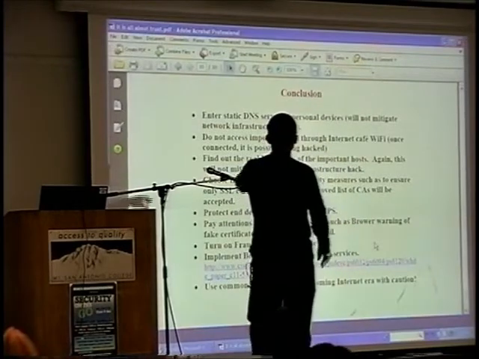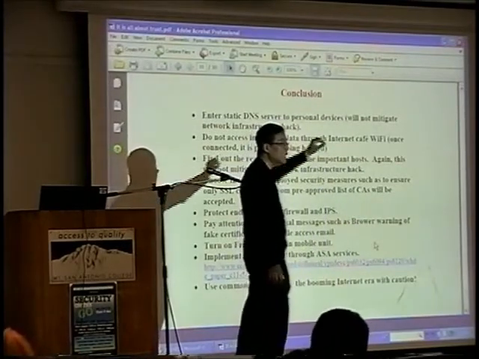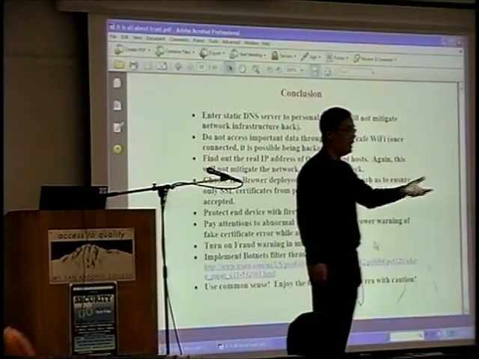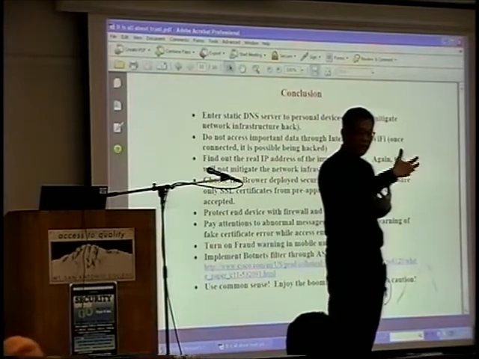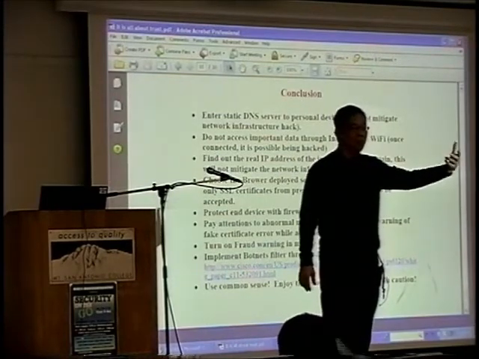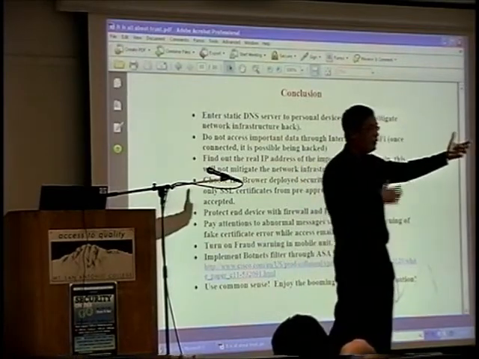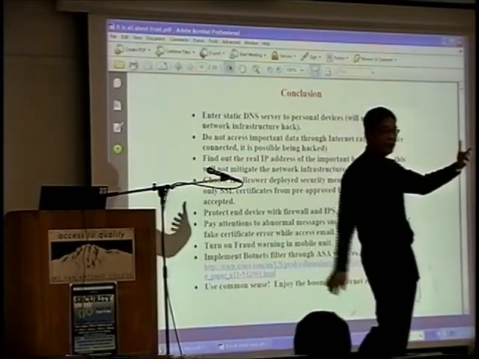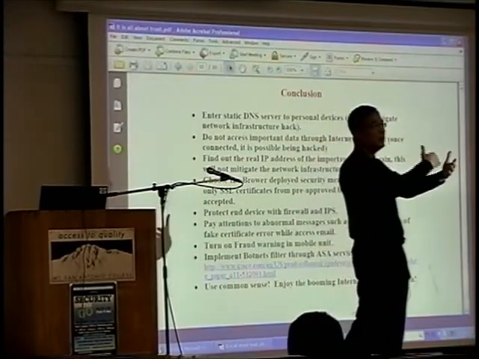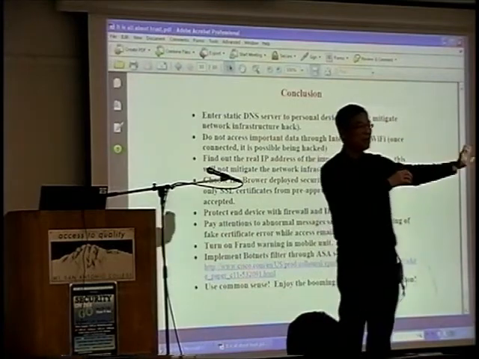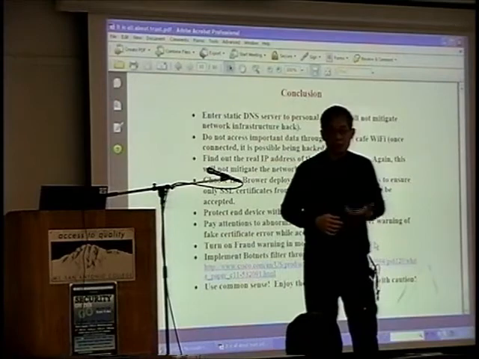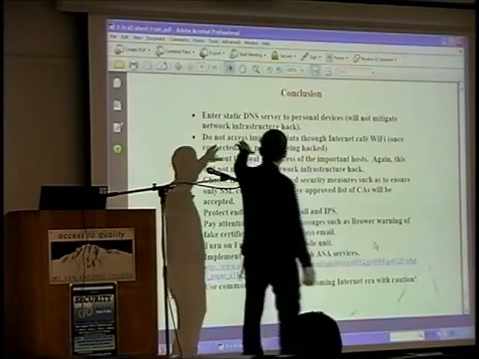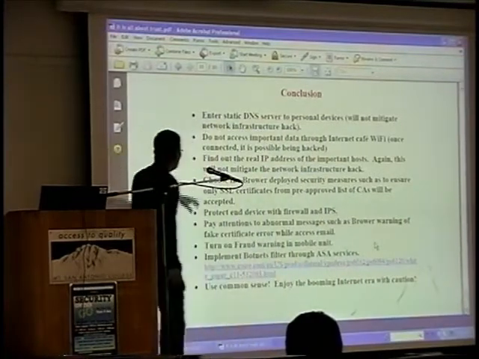And of course, it doesn't mitigate a network infrastructure hack. If you are visiting one of those websites, the secure website, and their certificate has been issued using the compromised CA, you try to get out there, and your infrastructure already got hacked. So then you are still subject to the man-in-the-middle attack, being redirected to the host. Once your system talks to the host, it will present you with the correct certificate, and your system won't understand it. The only way you can mitigate that is if your browser, which is one of those elements here,